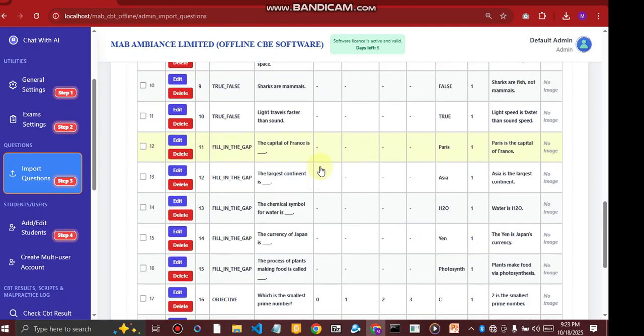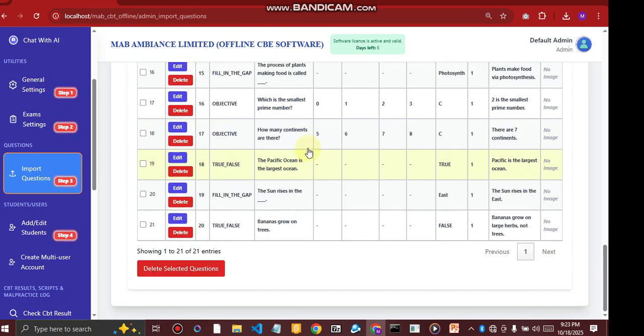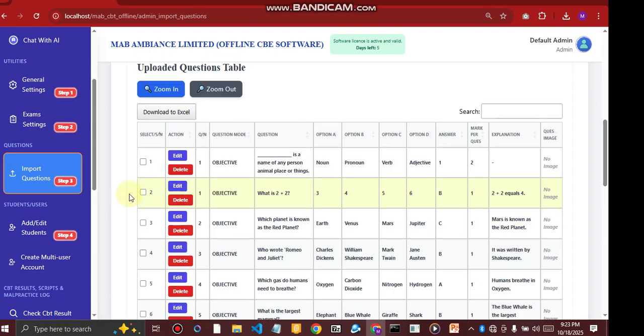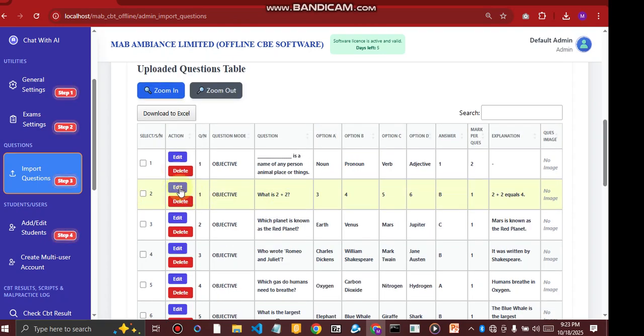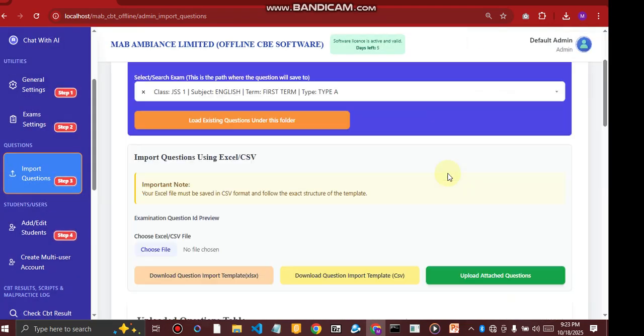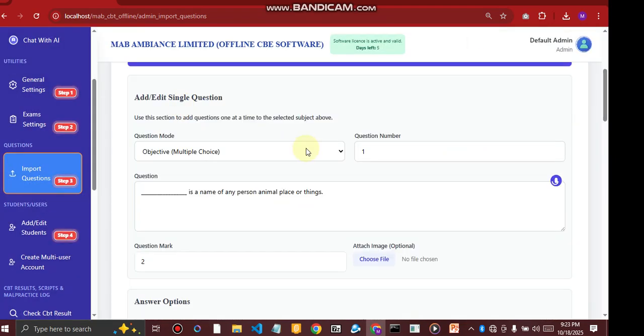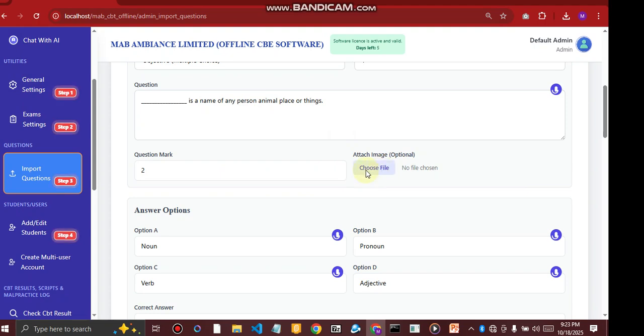You can actually update a question, like I said. Let me just say I want to edit this number, so I'll just click on edit here. It has been auto filled in my input in the single page. So you can then choose, if I want to, let me say I want to attach an image. Let me just click on choose file. Once you click on choose file,